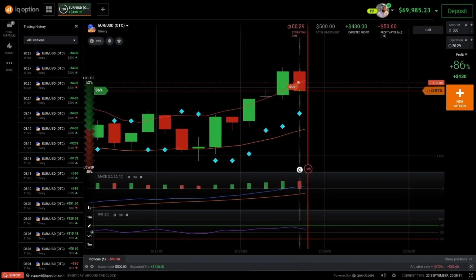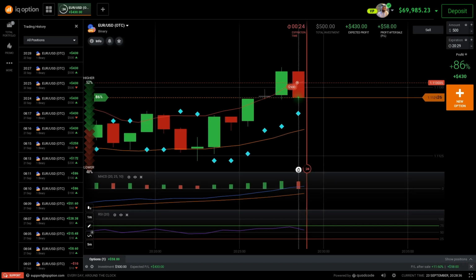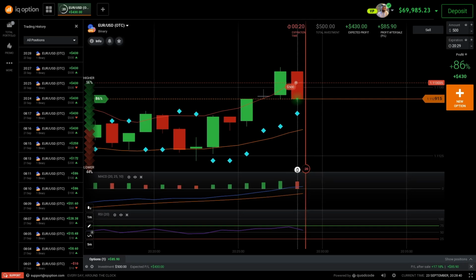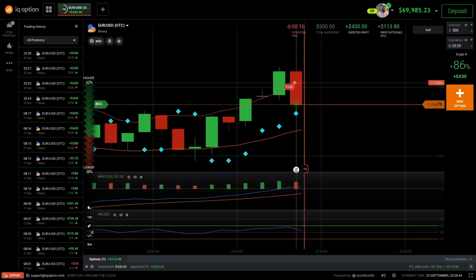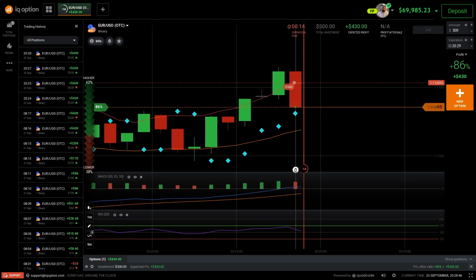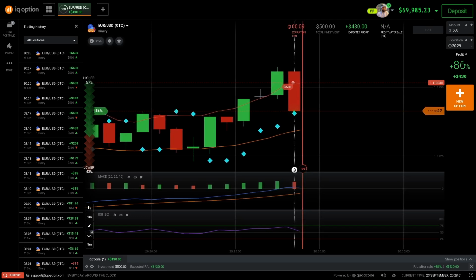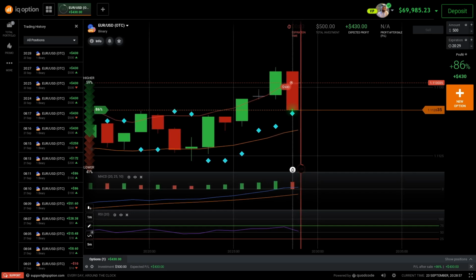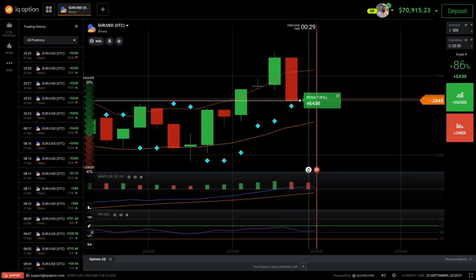So as I was saying, specialize in a few pairs or few currency assets when trading binary options. Of course, when you have a small account, it's better to focus on few assets such as Euro USD or the popular ones. There's plenty of popular ones. Just focus on maximum two pairs or two assets rather than spreading yourself across many assets.